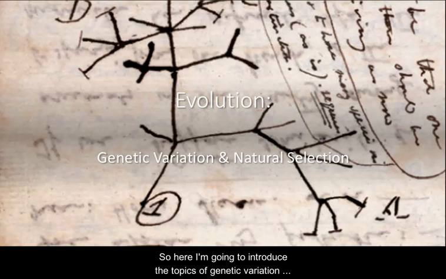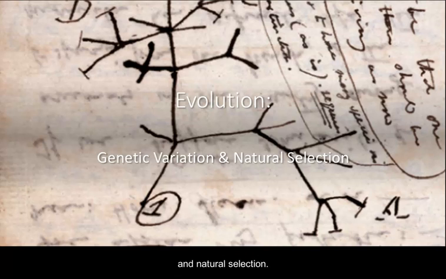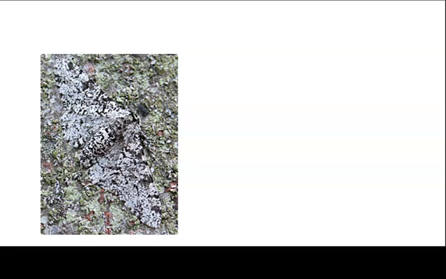So here I'm going to introduce the topics of genetic variation and natural selection. Species consist of a range of variants. Here's an image of a peppered moth, which clearly gets its name from its salt and pepper coloration on its wings. In England, before the Industrial Revolution, peppered moths were well camouflaged by the lichen growing on the